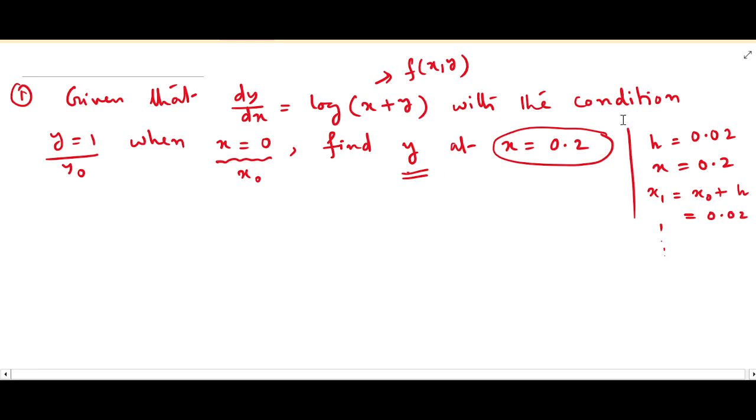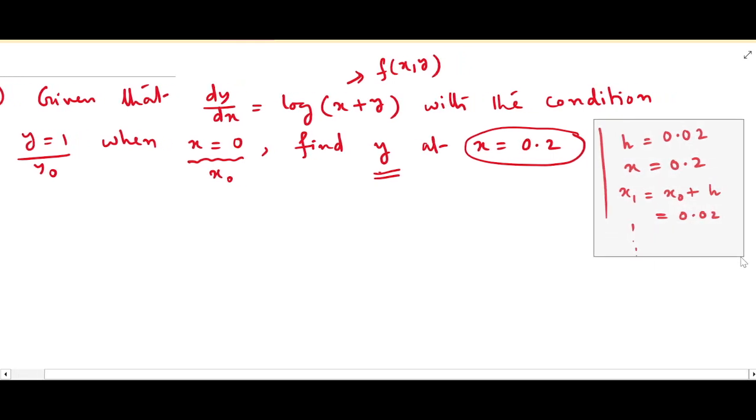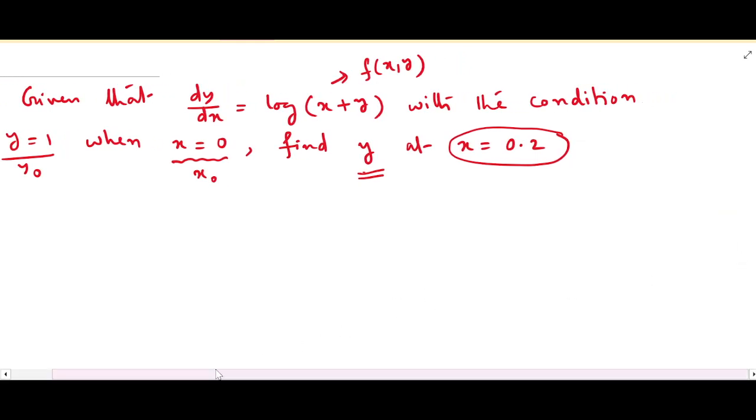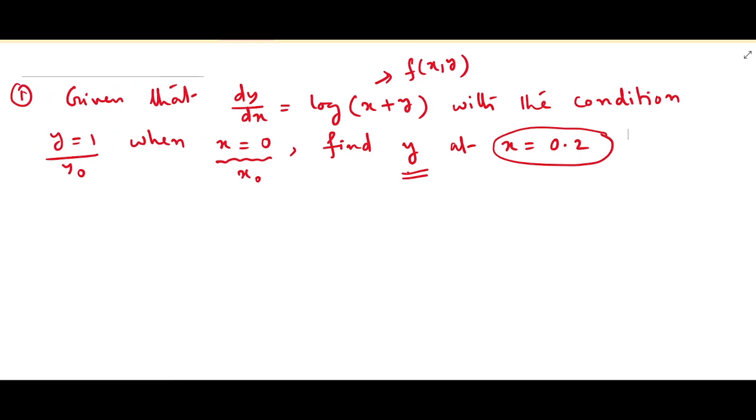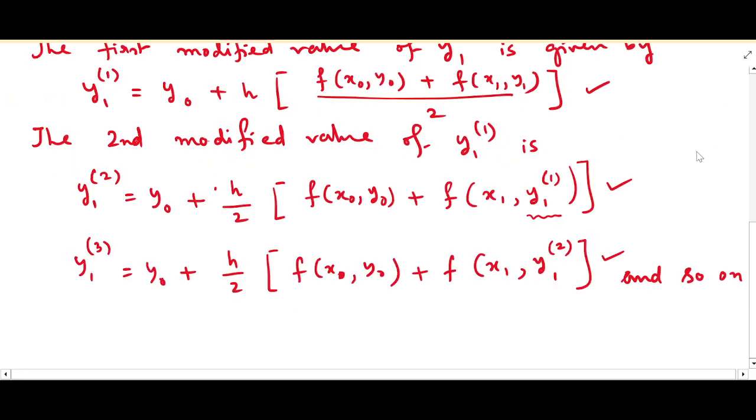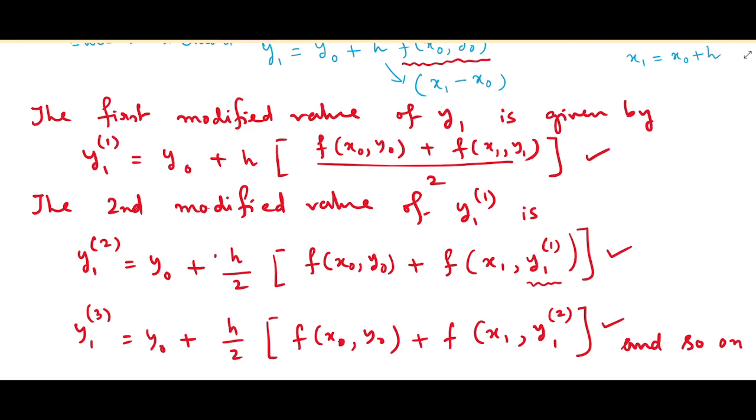But here in Euler's modified method, a little bit of difference is there. So the difference is that, let us go to the formula again, then I'll give you better ideas. You see, here x1 is not changing, right? Let us observe it very carefully. Here we have x1, here we have x1, here also we have x1, and then here also we have x1. So whatever number of modifications you write, we are not going to x2. We just stick to x1.